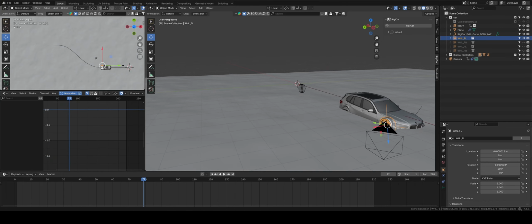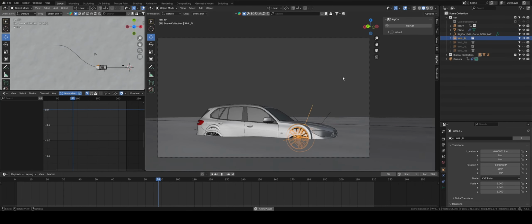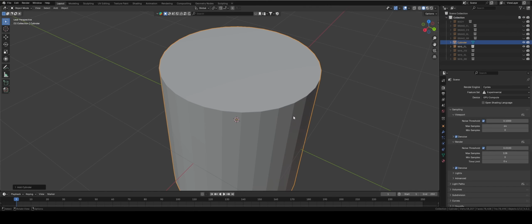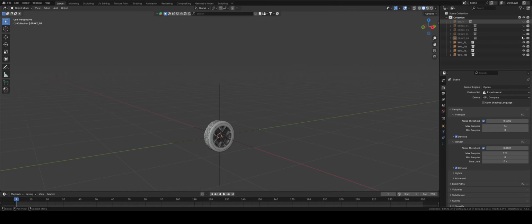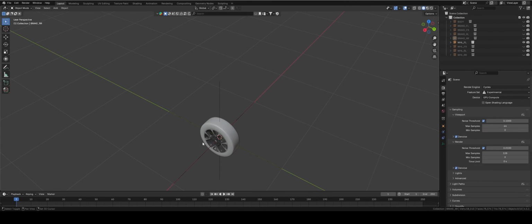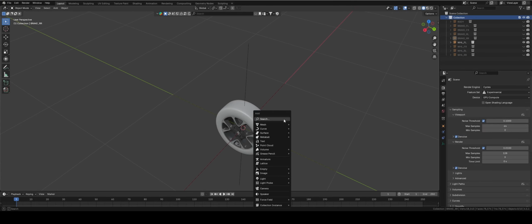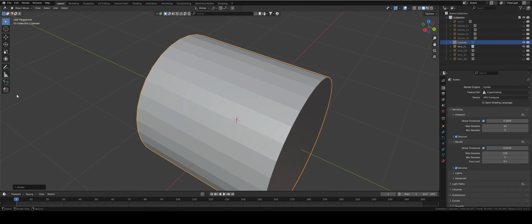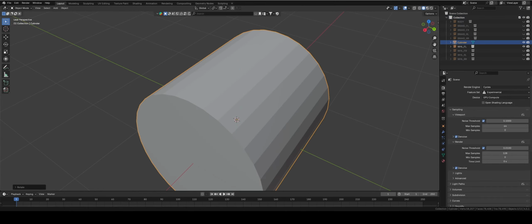We'll simply create proxy wheels for the rig. Basically stand-in objects that Rigicar will treat as the wheels for simulation. The easiest way is to use cylinders as proxies. Hide all the actual wheel objects except one wheel to start with. Now add a cylinder in the exact spot of that visible wheel. Shift A, then Mesh and Cylinder. Rotate the cylinder so that it aligns with the wheel's orientation, so its round face is oriented like the wheel,